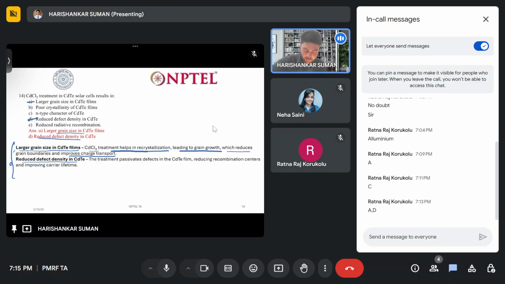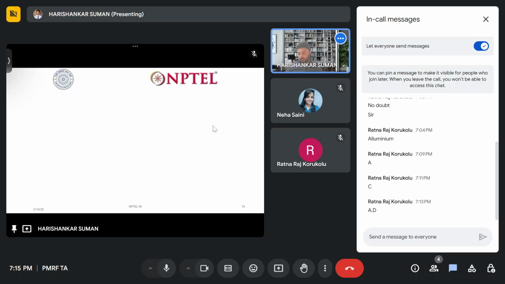The treatment passivates defects in the cadmium telluride film, reduces recombination centers, and improves the carrier lifetime. Okay,